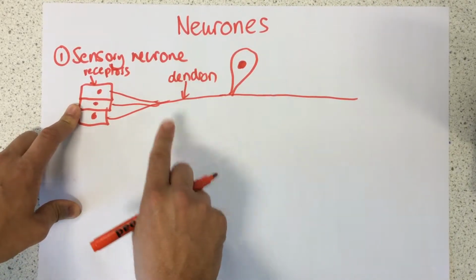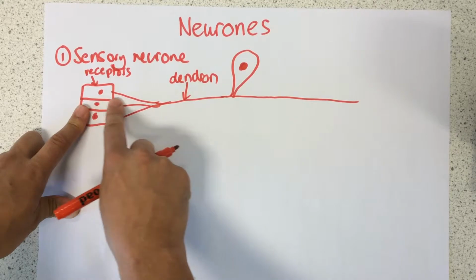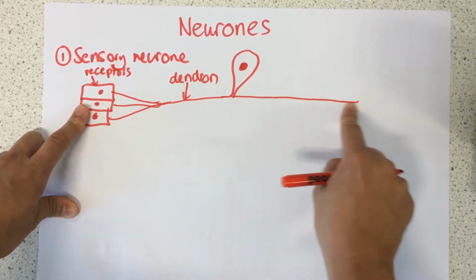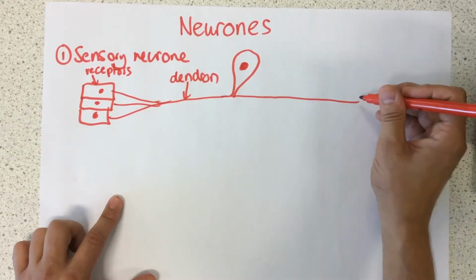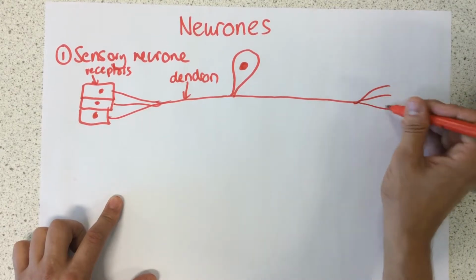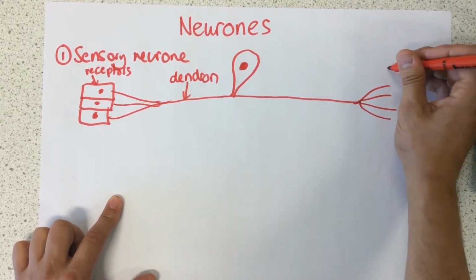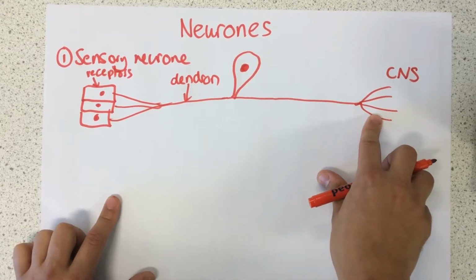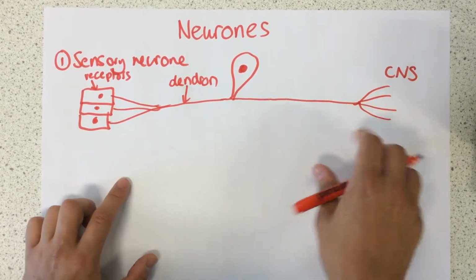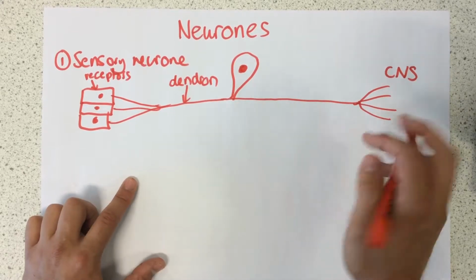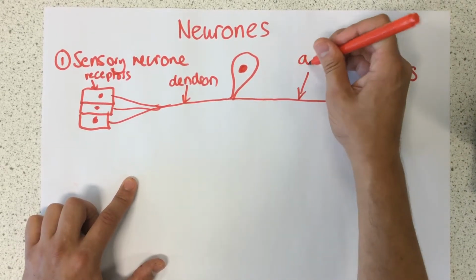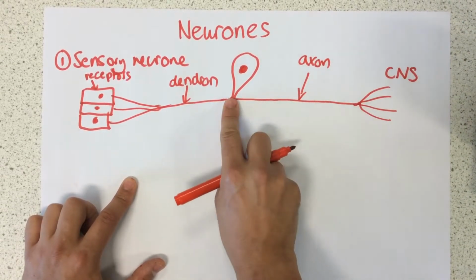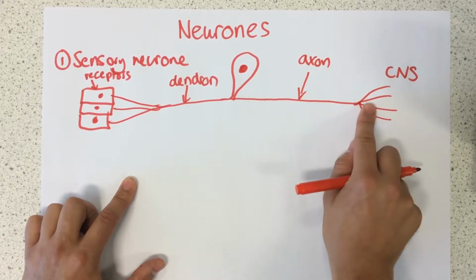Let's say I touch something. The electrical impulses travel down the dendron, past the cell body, and to probably somewhere within the central nervous system. For example, a part of my brain that allows me to have the sensation that I'm touching something. This part here is called an axon. So an axon is just the long part here where the electrical signal